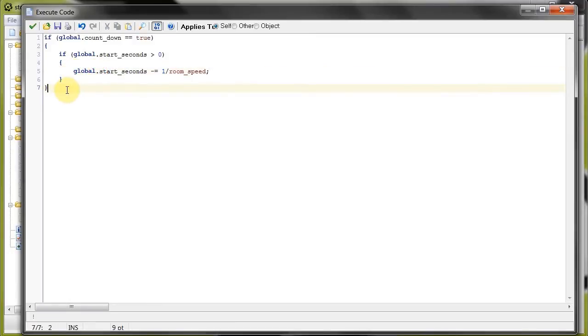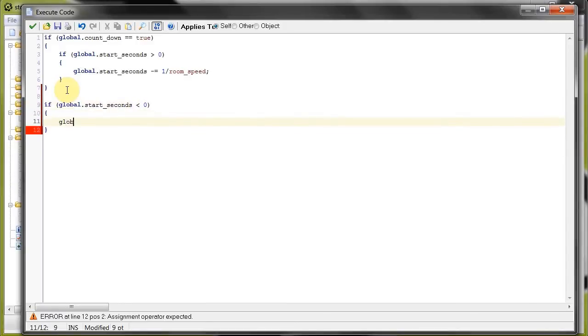Now we've got to think, well, what happens if global dot seconds is less than naught? Because then we don't want it to display something negative. I mean, that would be stupid. So there's a bit of error control right here. So if global dot start seconds is less than naught, then we're just going to say global dot start seconds equals naught,